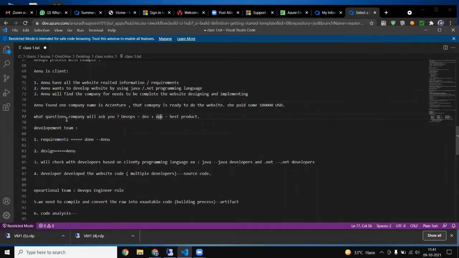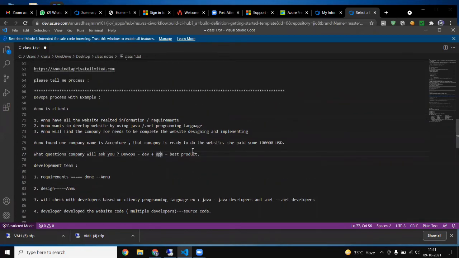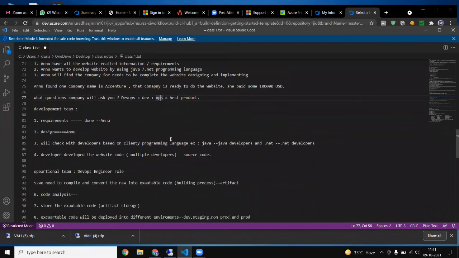DevOps is very hot, but people don't have much experience or are new in the market, so companies have lots of CI/CD projects but are not getting many people.